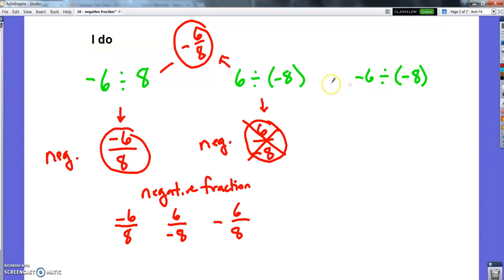All right, this one's a little different. -6 divided by -8. If I use my number talk, kind of 5th grade division trick, that's -6 divided by -8. But I know that this is going to be a positive number because it's division of two negatives. So rather than writing that like that,